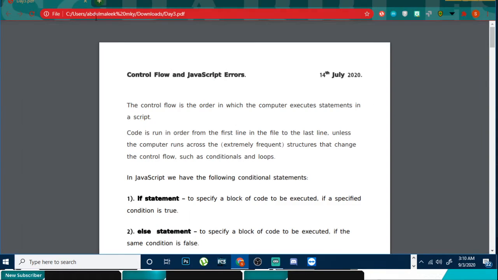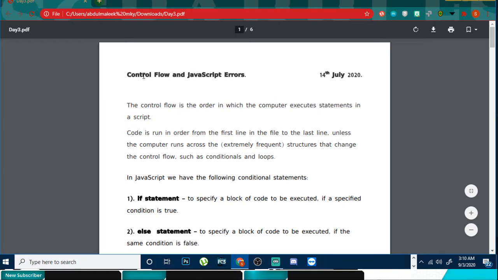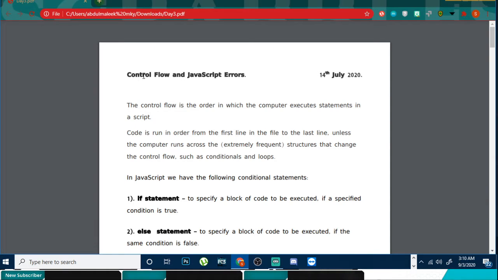So let's go to the business of the day. We're going to talk about control flow and JavaScript errors. The control flow is the order in which the computer executes statements in a script. Code is run in order from the first line in the file to the last line, unless